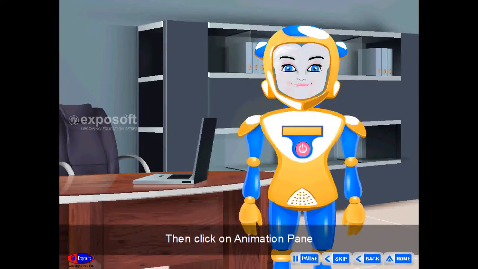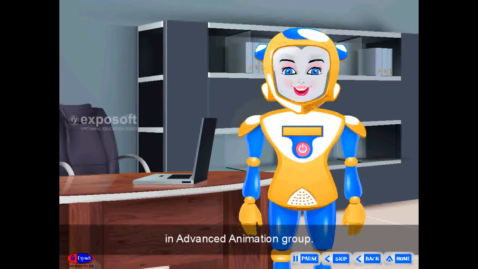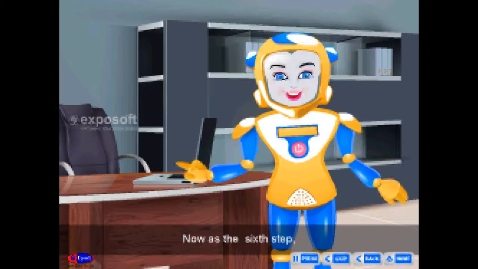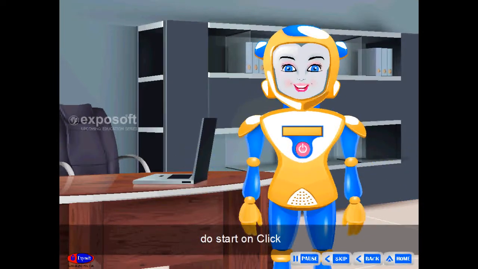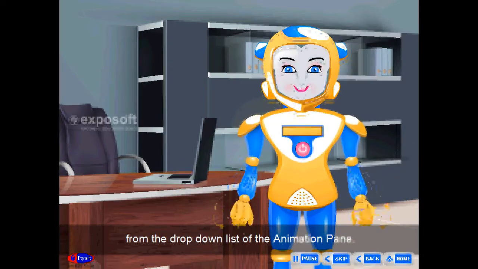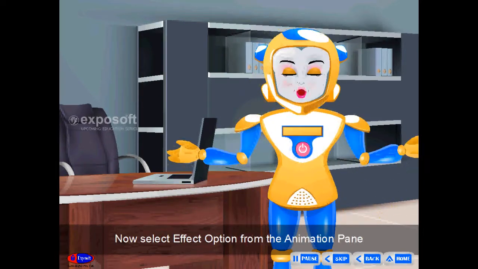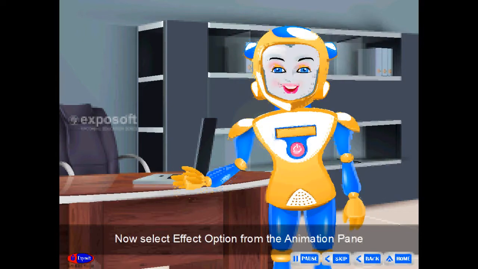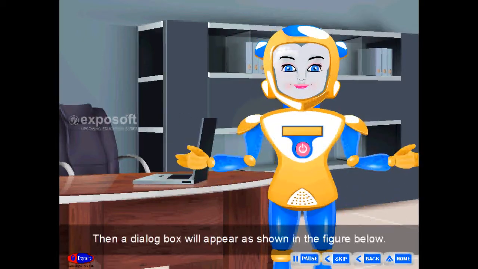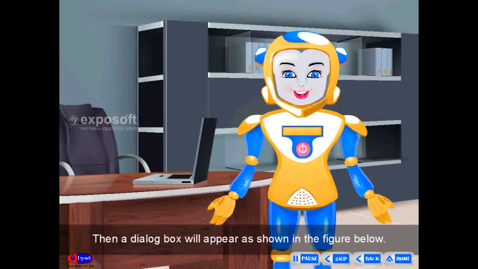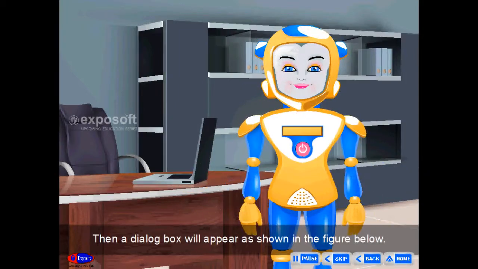Then click on Animation Pane in the Advanced Animation group. Now, as the sixth step, select Start on Click from the drop-down list of the Animation Pane. Now, select the Effect Options from the Animation Pane drop-down window. Then, a dialog box will appear as shown in the figure below.